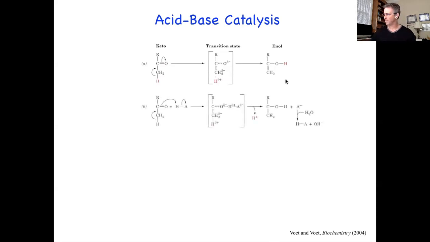So here's a general acid solution to this problem, which is to have a weak acid positioned in just the right place, nearby, real close, so that when this proton gets pulled off, and remember, pulling that proton off that methyl group that's alpha to that carbonyl group, that's not easy, right? The pK of that,